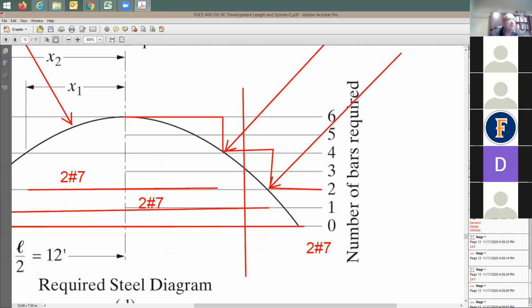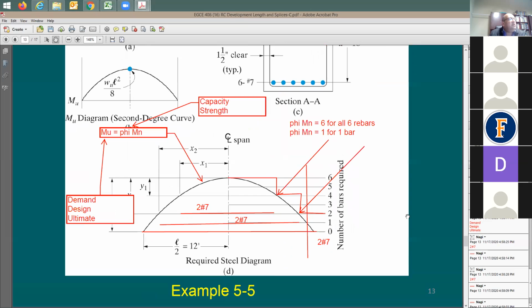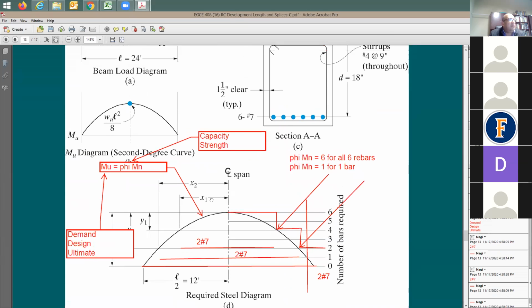Yeah, say, how about if you cut the section right here? Now let me move the section. I'm going to be cutting it here. How many rebars do you have? I'm going to say, I have, look at this. This is what I have, the red one, right? I have capacity 2. How about the demand? I'm going to say demand is going to be the black line is going to be here. Therefore, I'm good. So actually, I don't need to run all the rebars from the one end to another end,